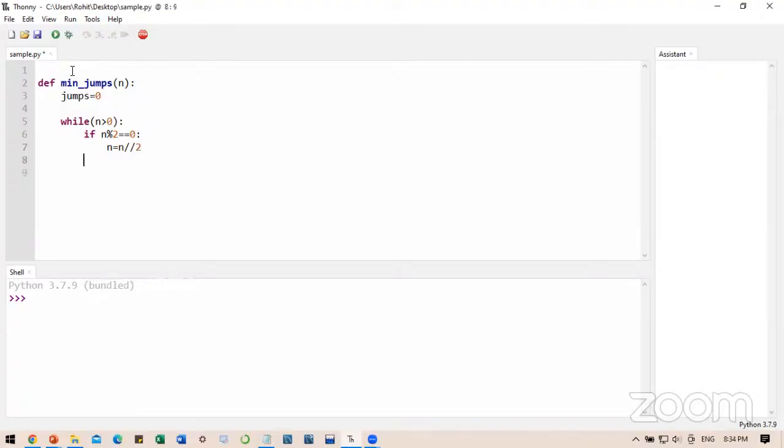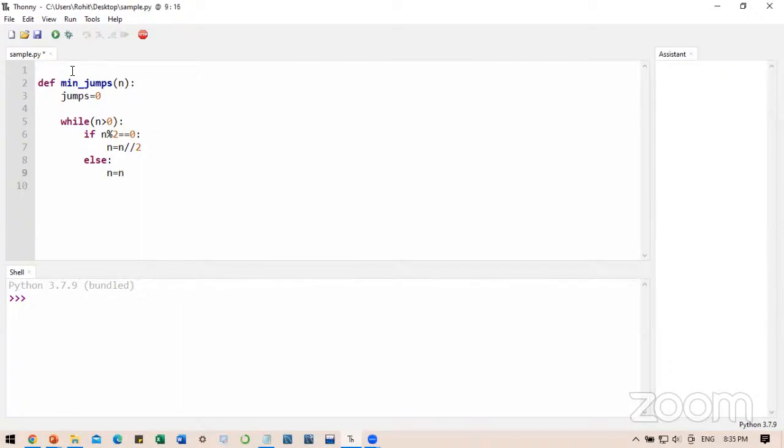Suppose the number that you are checking, that is the n value, is not even, because that is the second possibility, else block. So according to the else block, the number that you have mentioned is odd. Now, according to the condition mentioned in the problem statement, if you got the odd value, you have to just go one step back.